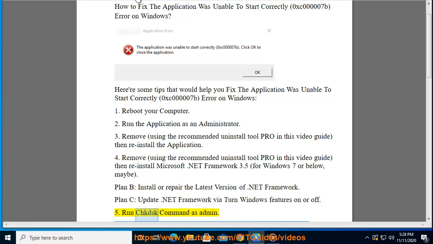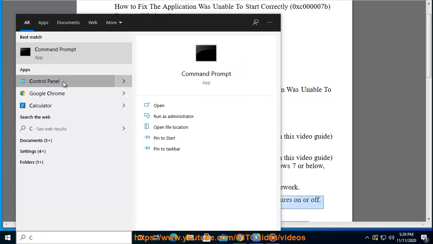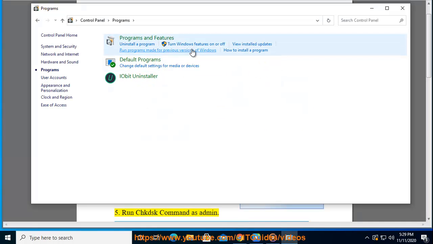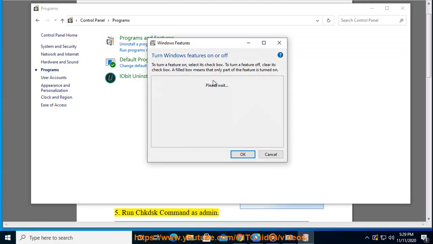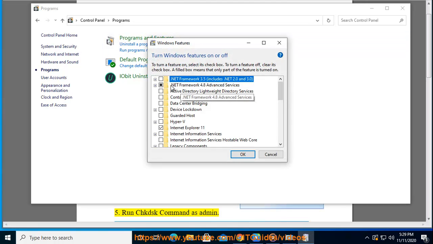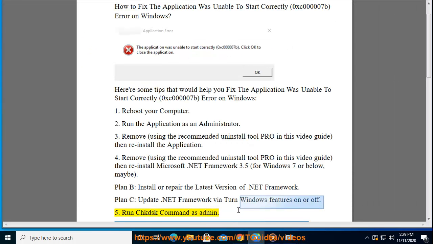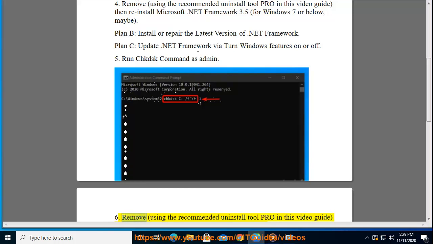5. Run chkdsk command as admin. 6. Remove, using